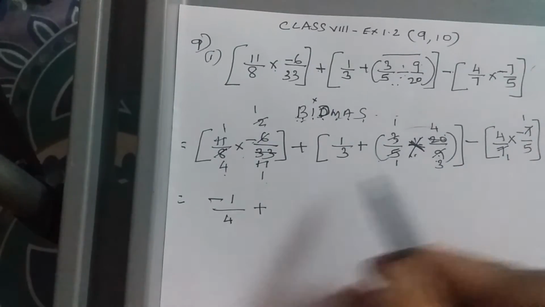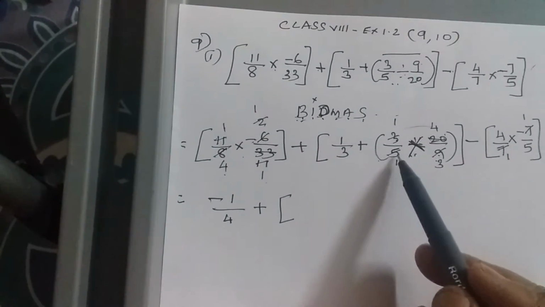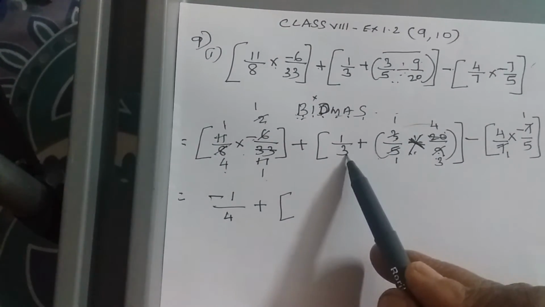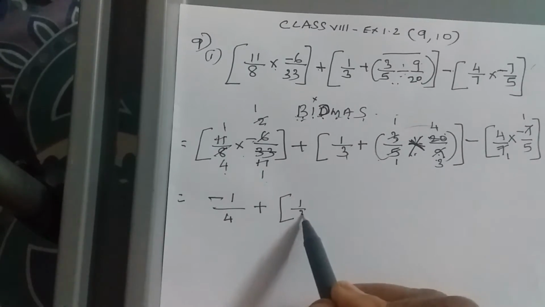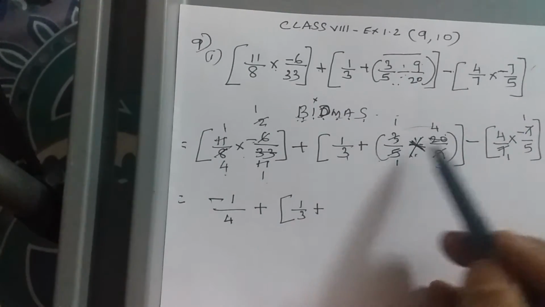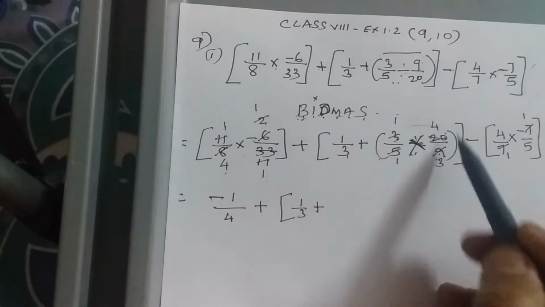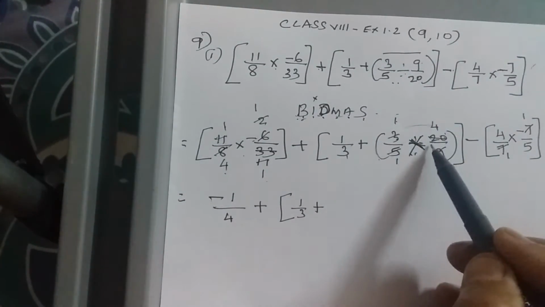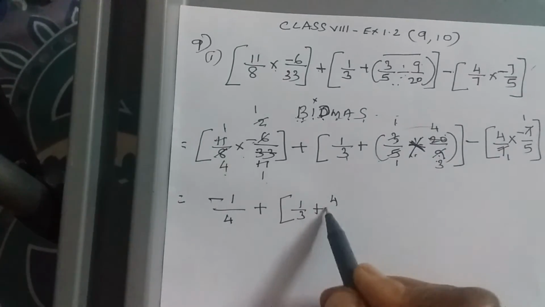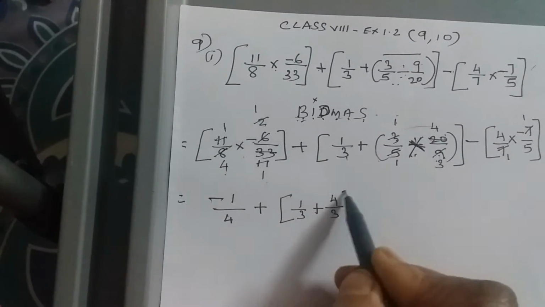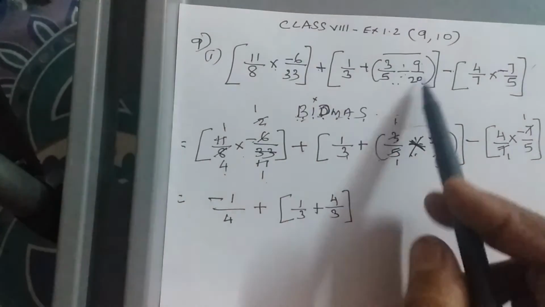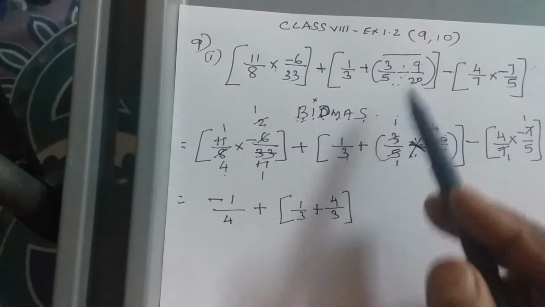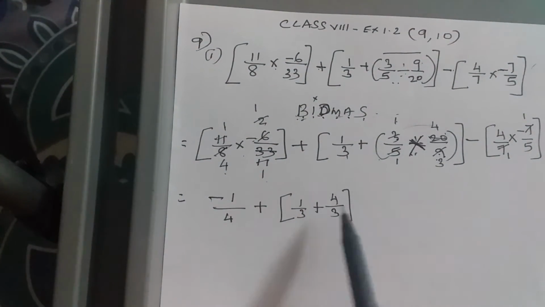Can we remove the bracket here? No, because we have done only the innermost bracket. Even the outer bracket is there. So 1 by 3 as it is, plus as it is, what it becomes inside the bracket? After cancelling everything, on the numerator we have 1 and 4 and both are positive. So 1 into 4 is 4 and 1 into 3 is 3. So it has simplified such a big, all three rational numbers and two operations have become one operation with two